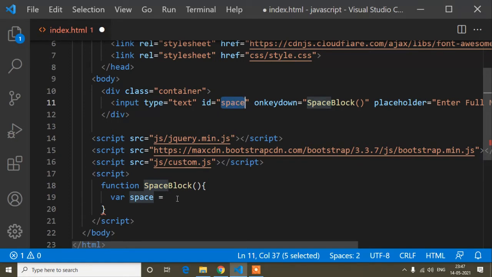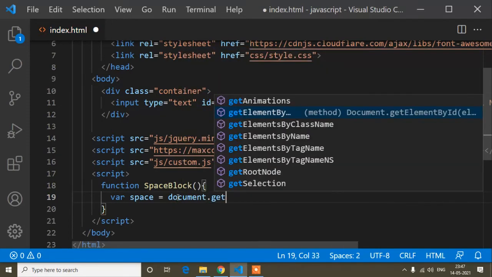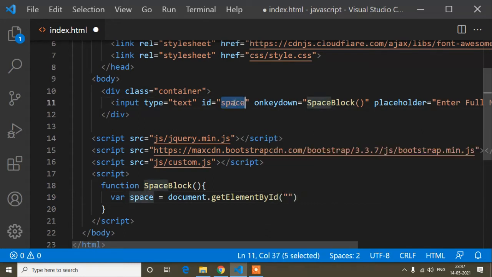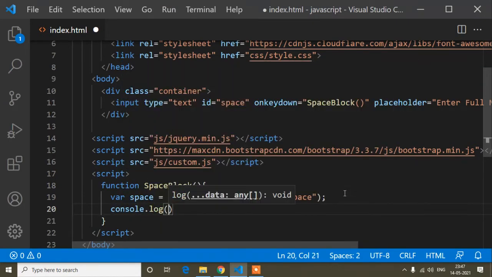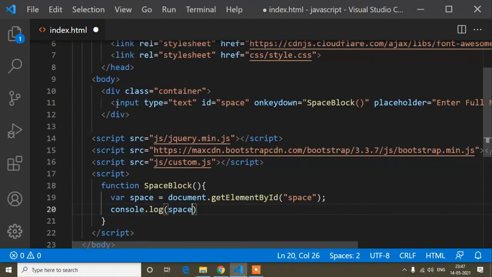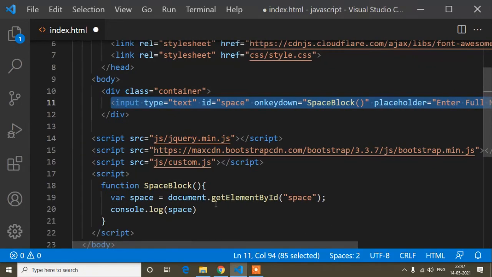So now I write document dot getElementById, and the ID name is this one, space. And now if I console dot log this space, you will find the DOM element of this input field, whatever I defined, inside this console.